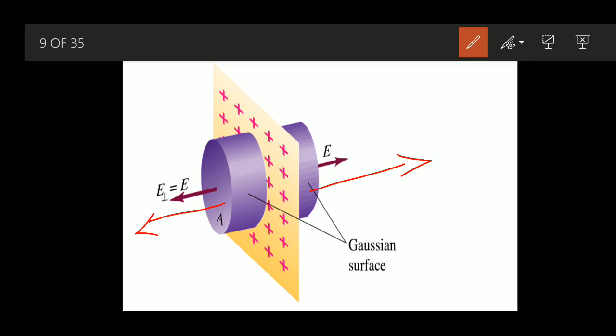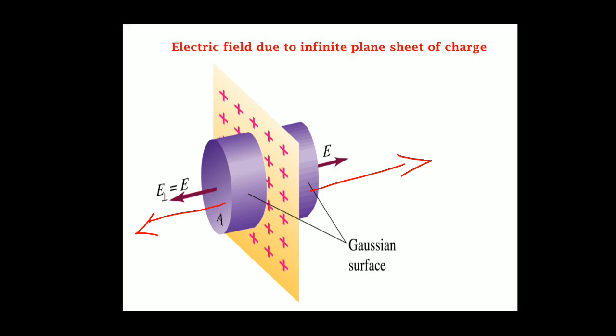Children, please understand and study, then only you can understand any question, if it comes as a direct derivation. Most of the time they ask by giving the diagram or some representation, and ask you to identify or find out. At that time, if you understand the concept, only then can we get it. So this gives the direction of the electric field. So I have electric field on both sides of the sheet.